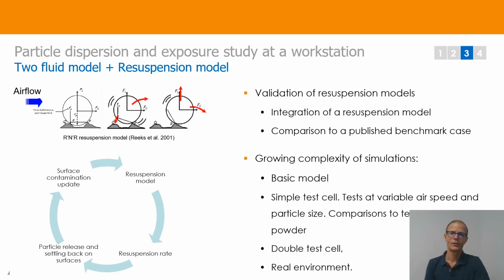My third example today is about a 2 month development effort devoted to the implementation of a resuspension model inside SSStream. We used the well-recognized rock and roll model proposed by Rix et al. The particle rotation around the closest surface peak is identified as the main possibility of resuspension for a particle. A script has been developed to calculate the resuspension rate inside SSStream for the formulae of the rock and roll resuspension model.